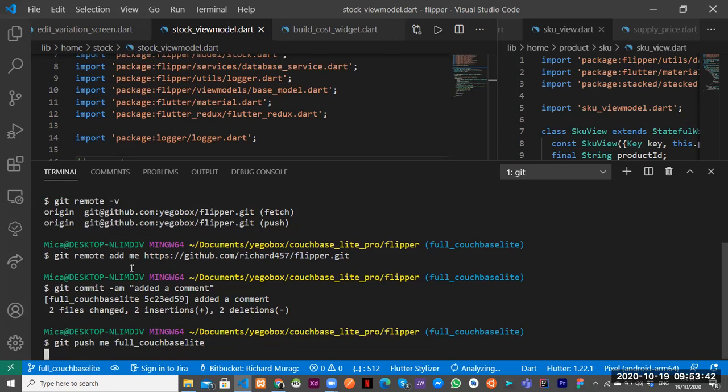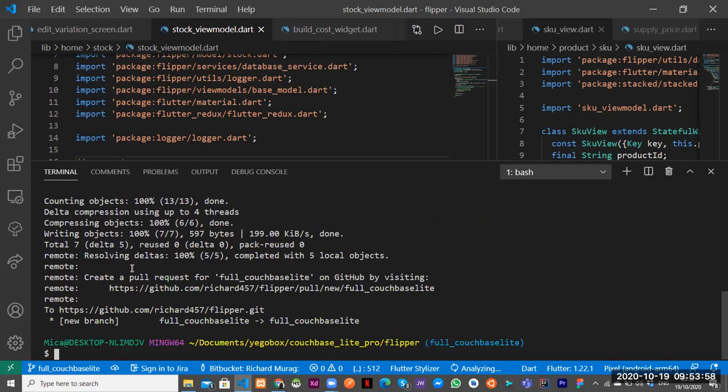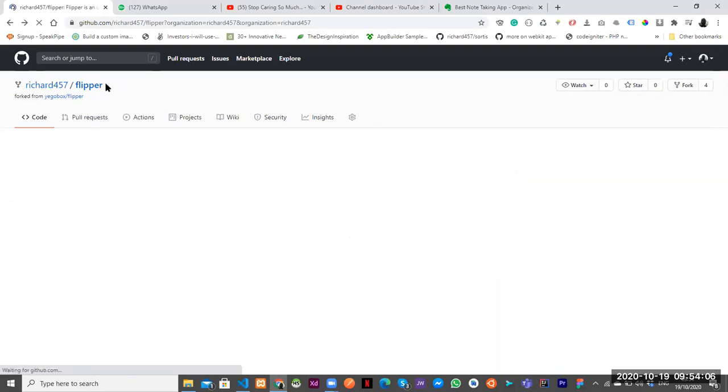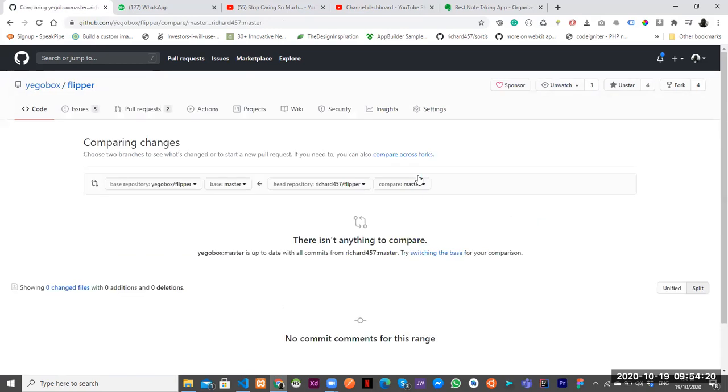This is going to take the change that I have made on the project and push it to my fork, and this change will not be visible yet to the parent project. So in order for this change to be visible on the parent project that I don't have the permission to, I will need to go to the project, refresh the project, which is my fork, and at the top of my name here, you would see a button for sending the pull request. You click on that button to send a pull request, and